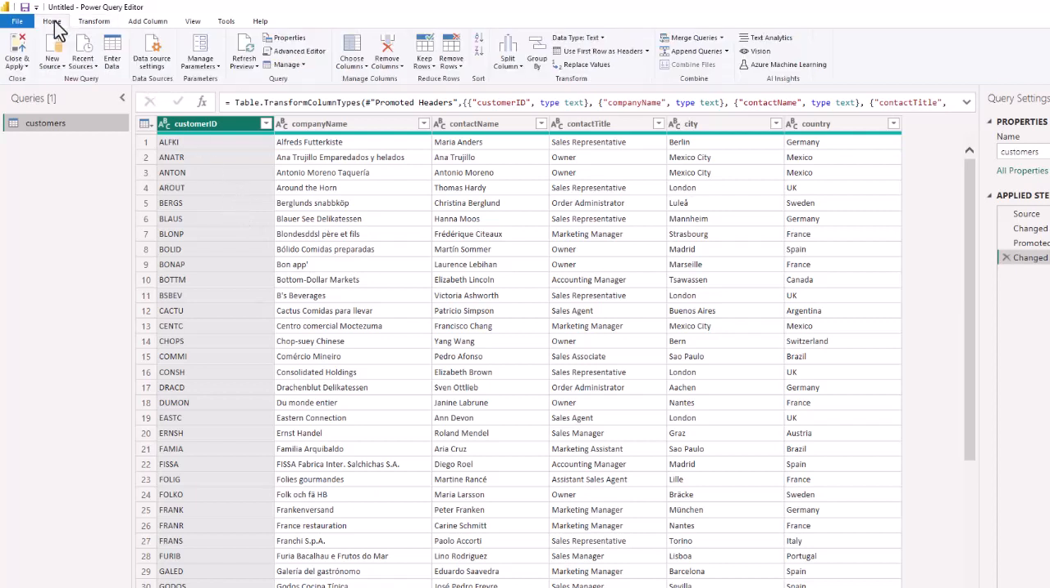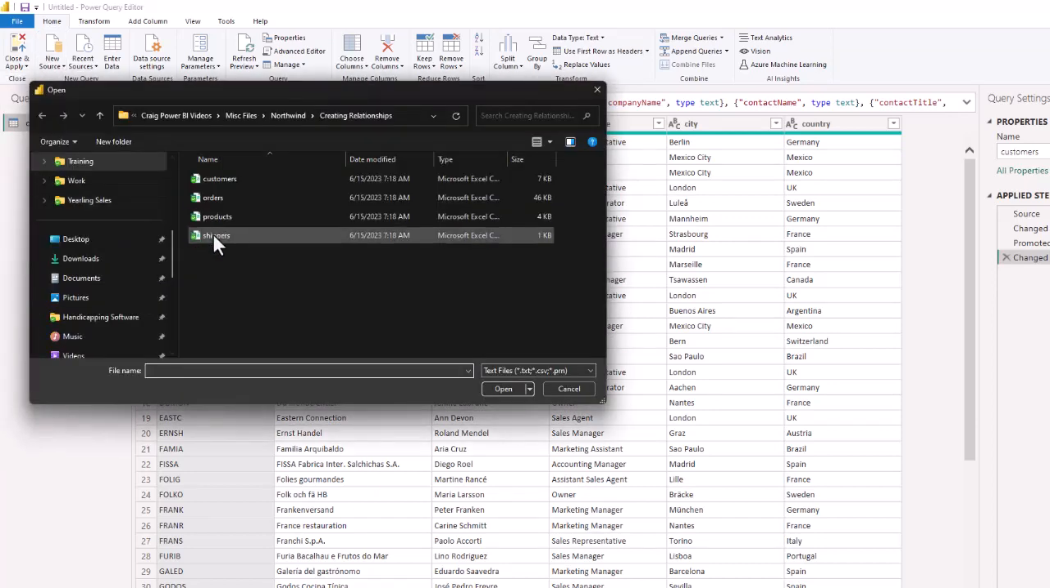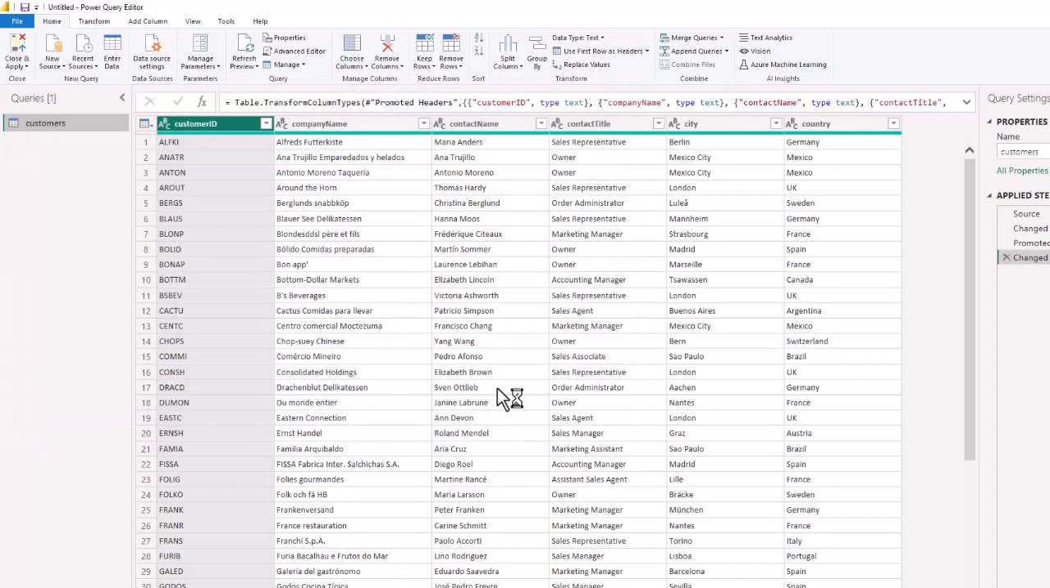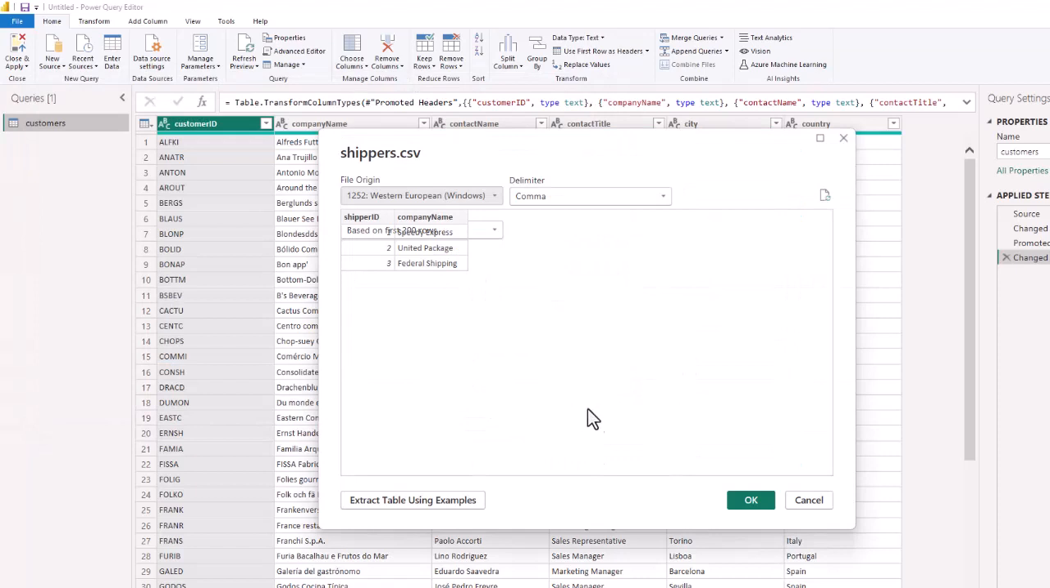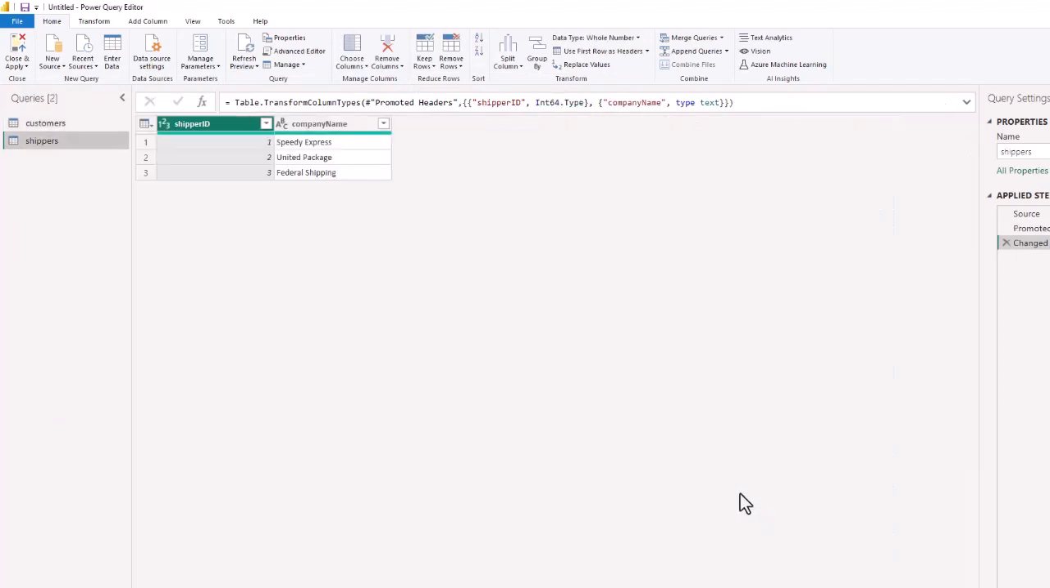The second query, we're going to go to the Home tab, and we are going to bring in a new source of data. We're going to bring in the shippers for this company. It is a text CSV file, and the name of the file is called shippers, and we're going to open that up, and we're going to make no changes. The shippers is a very small file. It's got 3 rows. The headers are correctly at the top,